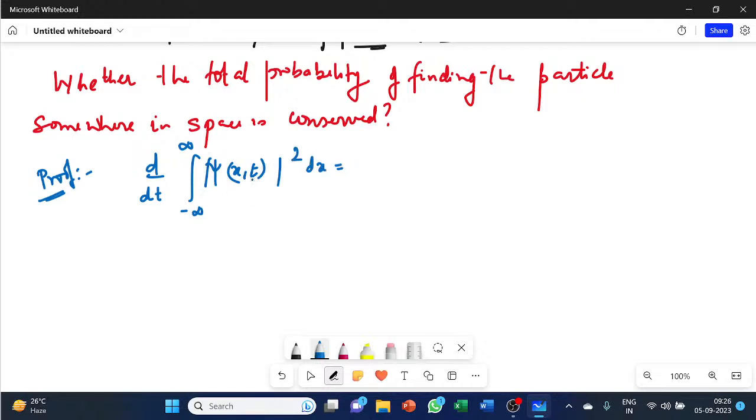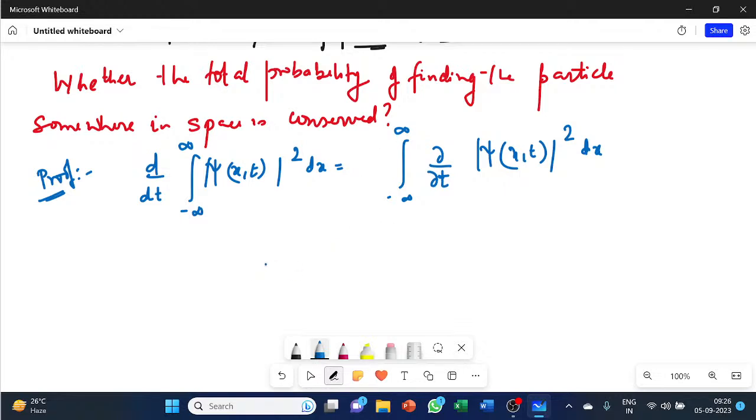And since we know that psi is a function of time as well as space, if I want to take the derivative, I can write it inside the integral from minus infinity to plus infinity. I can take a partial derivative inside, because inside I know that my psi is a function of both x and t. So inside I cannot take the total derivative. I'll stick to the partial derivative with respect to time. I hope I'm making some sense. And all these things are given in Griffiths and other good leading textbooks, but just understand why they do all these things.